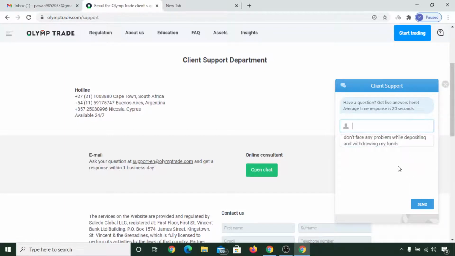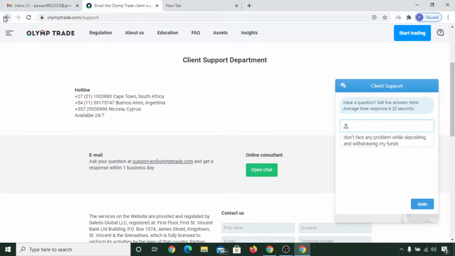with you a proper instruction. And make sure you do have your citizenship, passport or driving license, and either a bank statement or a utility bill or some kind of document to verify your address. Citizenship, passport and driving license will verify your identity, and utility bill and bank statement kind of stuff will verify your address. Okay, so you need to have these two kinds of documents in order to fully verify your account on Olymtrade.